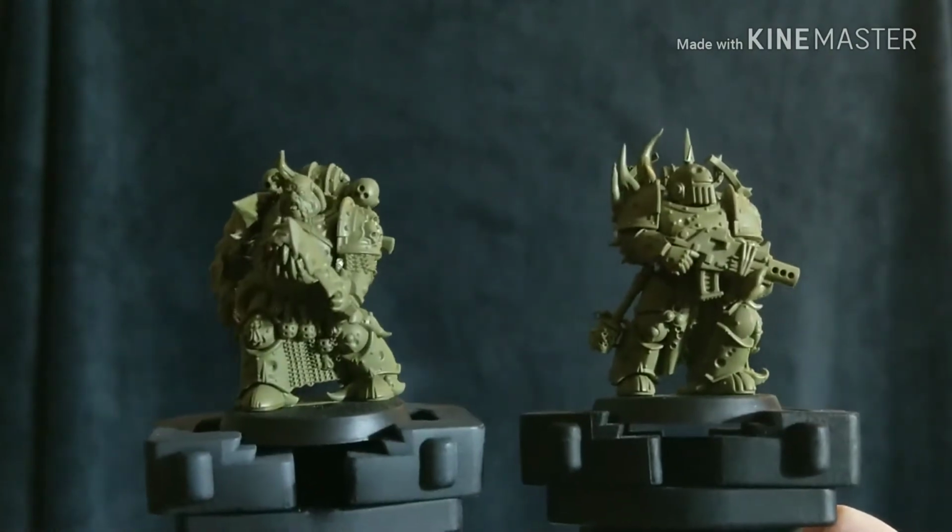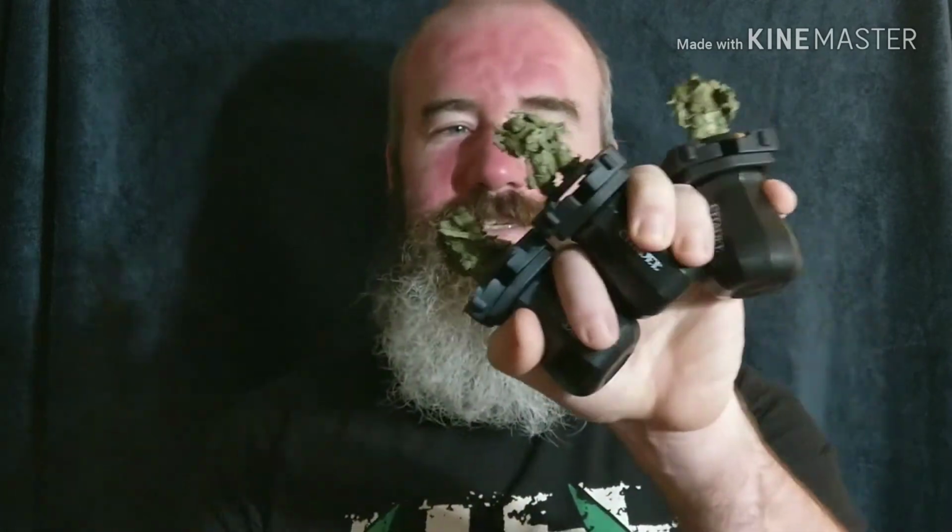So let's cut back to me, sitting there. And we're back. So, these guys have been painted now. Well, I've applied the paint to them without an undercoat. It was an experiment, really, that I wanted to share with you. And it's an ongoing experiment because